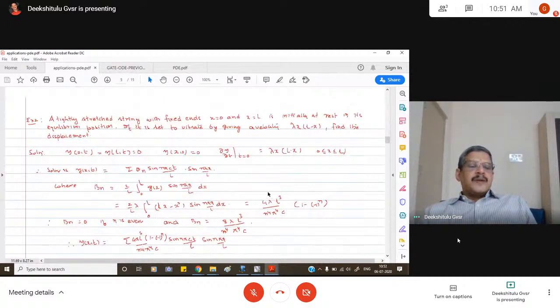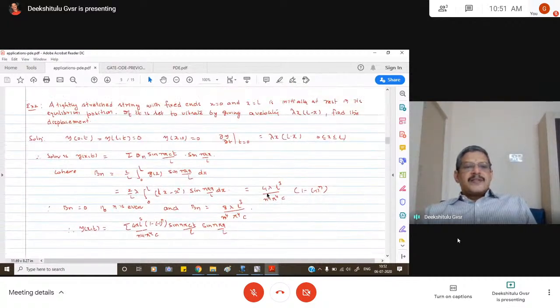So another problem is a tightly stretched string with fixed ends x is equal to 0 and x is equal to L, initially at rest in its equilibrium position. So the string is stretched with fixed ends and is initially at rest in its equilibrium position. That means initial velocity is 0 because it is at rest, and its initial position is equilibrium position. That means f(x), the displacement, is 0. So both f(x) and g(x) are